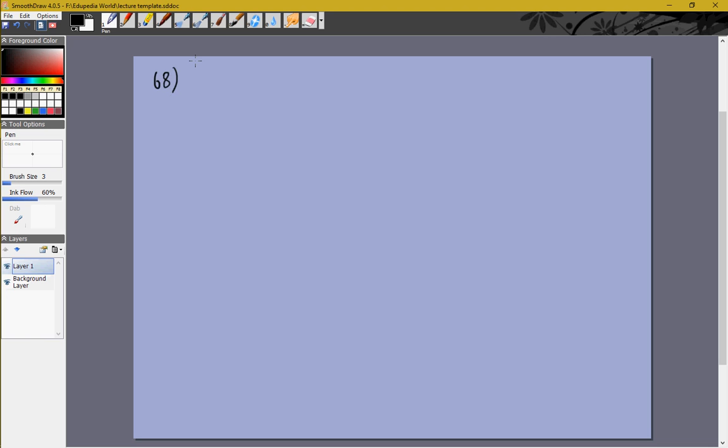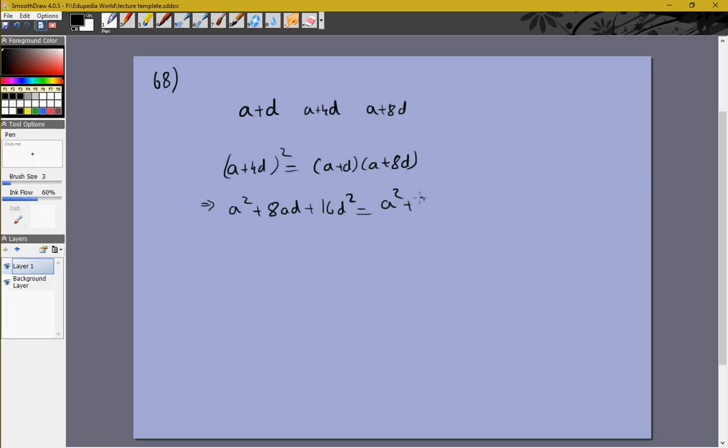The second, fifth and ninth terms of a non-constant AP are in GP. So the second term will be a plus d, the fifth term will be a plus 4d, and the ninth term will be a plus 8d, and we are given they are in GP. That means (a plus 4d) whole squared is equal to (a plus d) times (a plus 8d), which gives me a squared plus 8ad plus 16d squared is equal to a squared plus 9ad plus 8d squared,